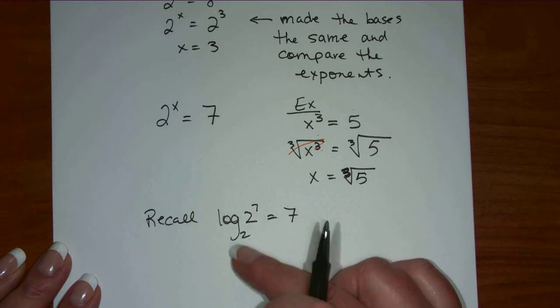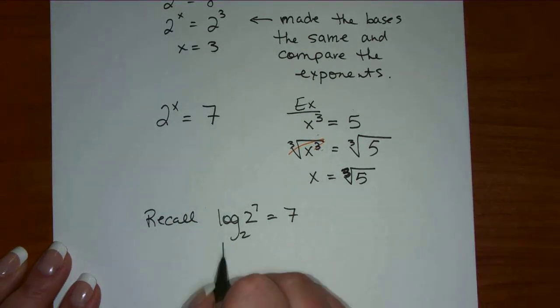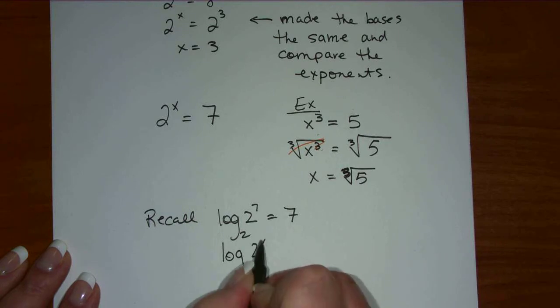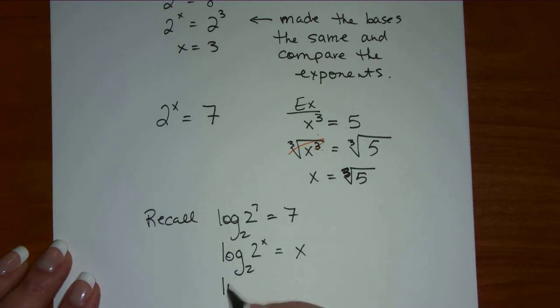So what would log base 2 of 2 to the x be? X. Log base 3 of 3 to the x squared. They match, so it's equal to x squared. They cancel each other out. So if we have an equation like this,